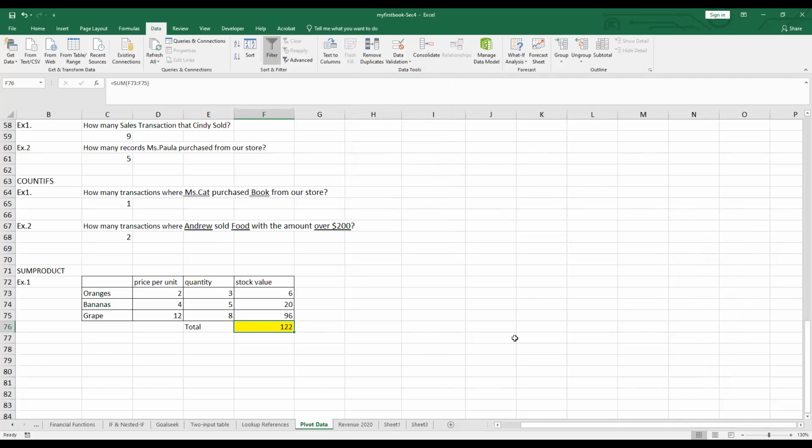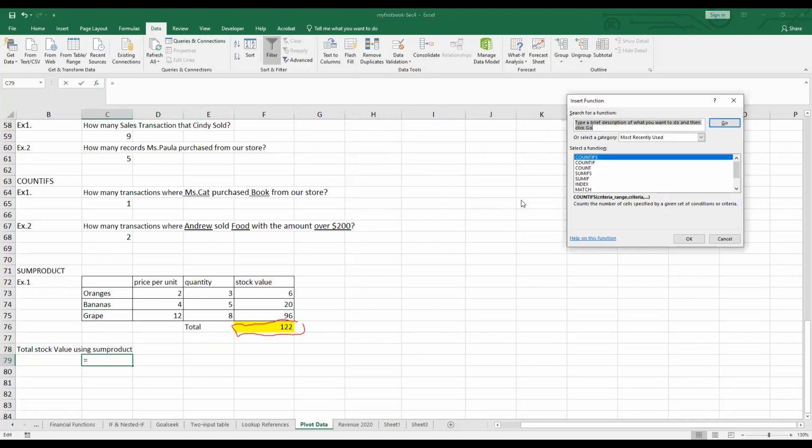Let me show you how we are going to use the SUMPRODUCT function to find this yellow cell in this example. I will find the total stock value by using SUMPRODUCT. We just type SUMPRODUCT here, and you see SUMPRODUCT consists of array 1, array 2, array 3. If you want the multiplication result of price per unit over quantity,